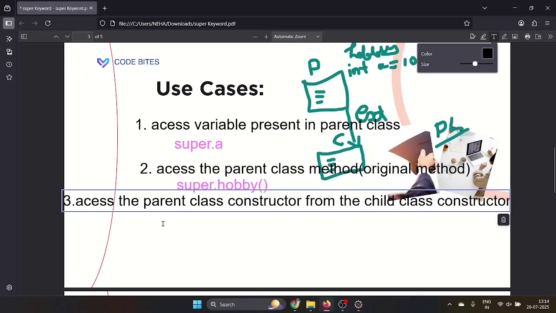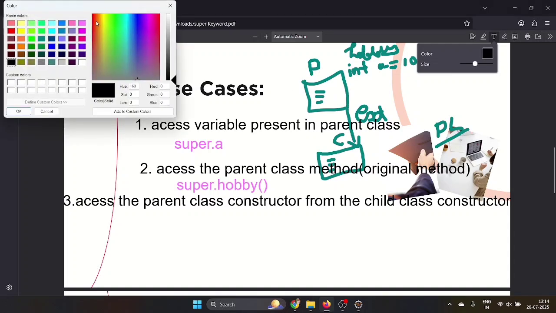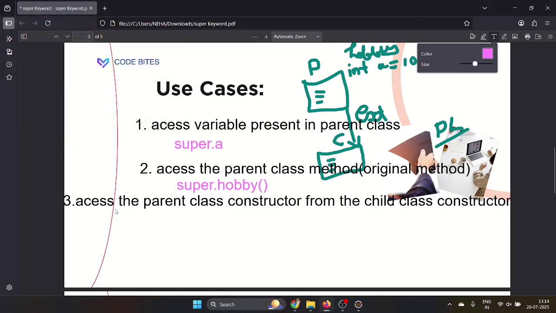This is about where we are going to make use of the super keyword. Simply, how you are going to call it: just call super in the child class constructor, and you are going to access the constructor that is present in the parent class. Let's go to the coding part, and we will execute that one. You will understand in a much better way.